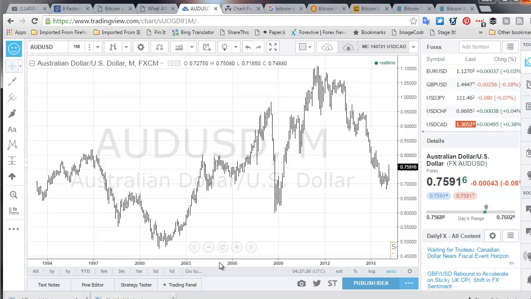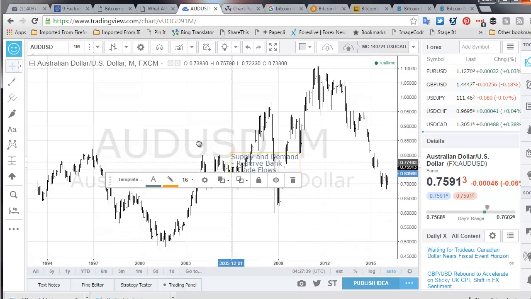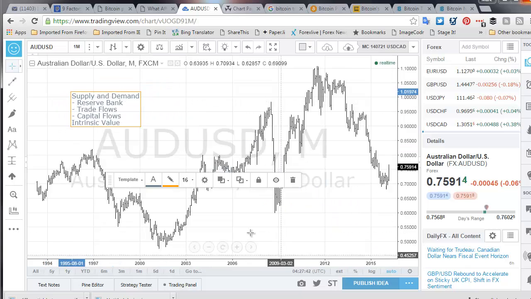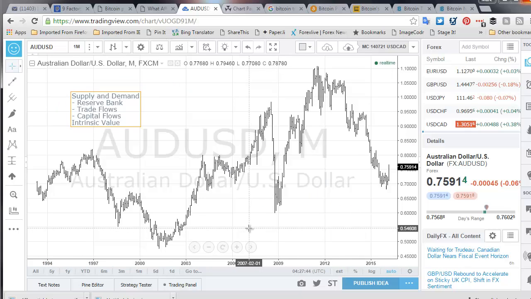And you'll see that it's gone up and it's gone down and it's gone up and it's gone down in a progressive way. So we'll just go and explore what are the factors driving that. And I'll just put some brief notes up here: the trite answer to the question is it's driven by supply and demand. And I've seen that offered as an answer many times in Bitcoin markets. It's driven by supply and demand. Well, in the currency markets, what are the elements of supply and demand?